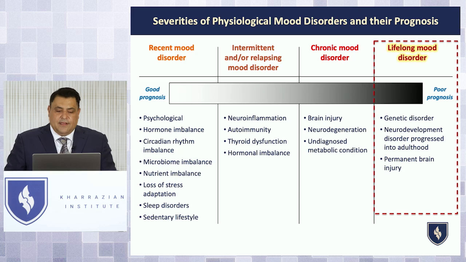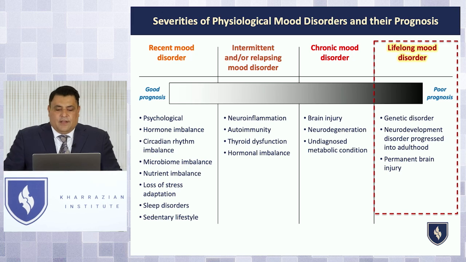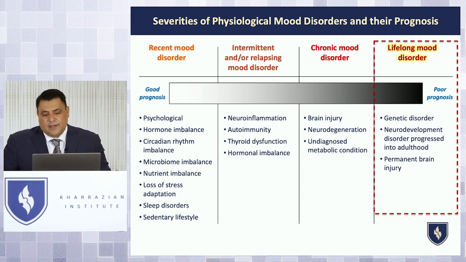Like if you had someone who had brain injury 5 years ago, had no symptoms, and now has some of their chronic inflammatory symptoms get worse, and you think that just giving a multivitamin and some amino acids for their mood is going to make a difference, you may just be frustrated, and they get frustrated. So this is why it's so critical to understand the pathophysiology and the potential prognosis.